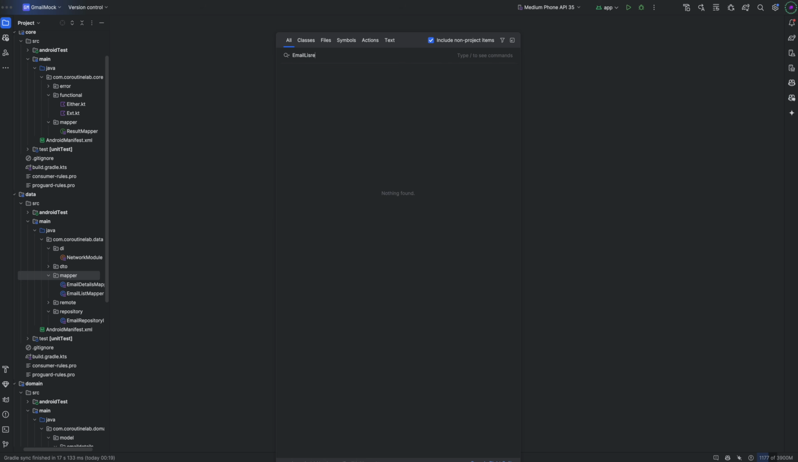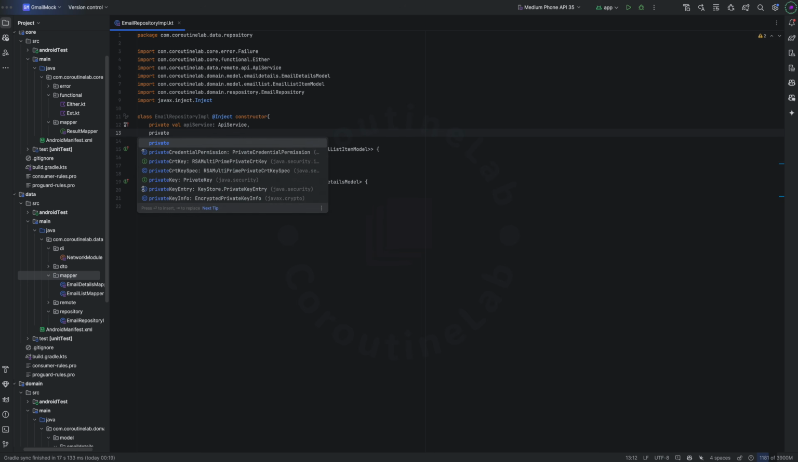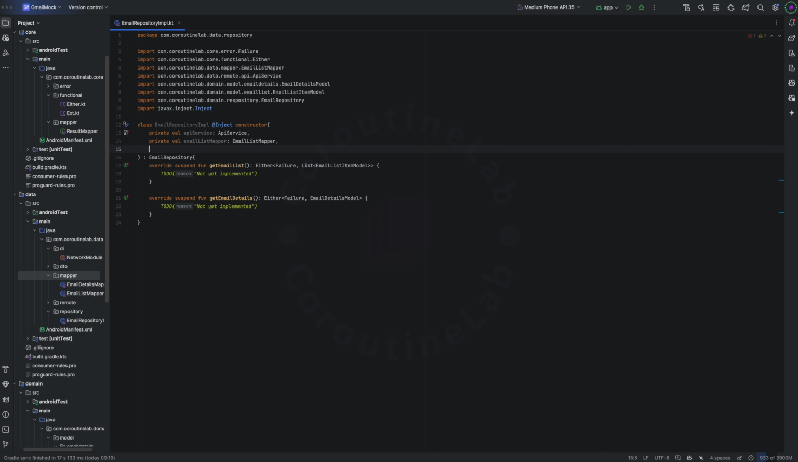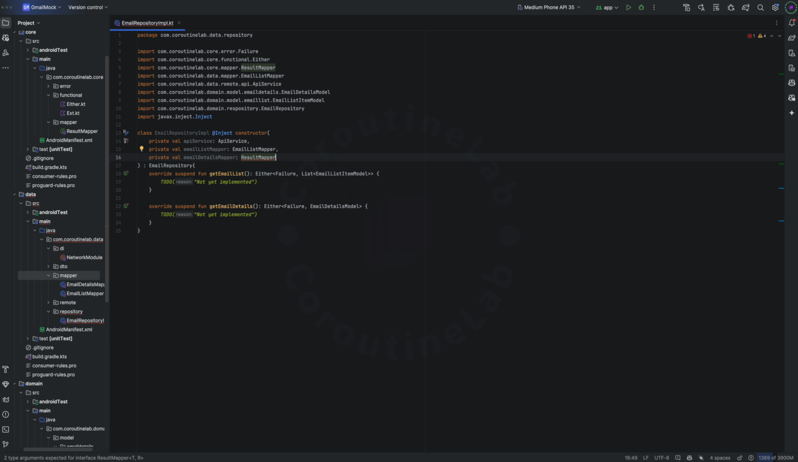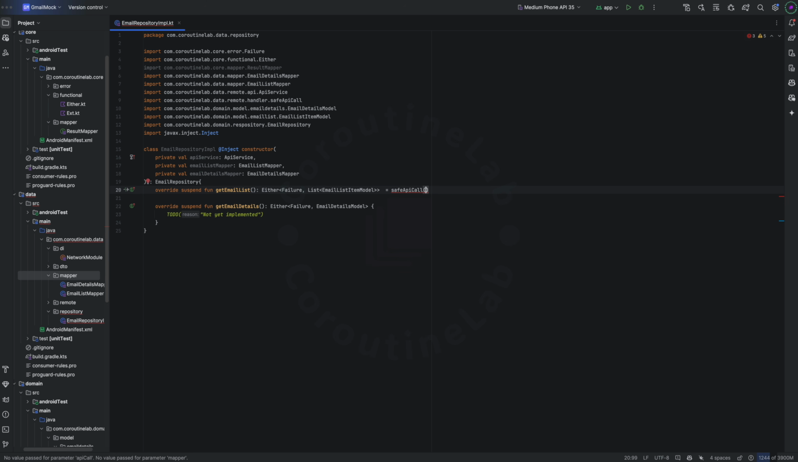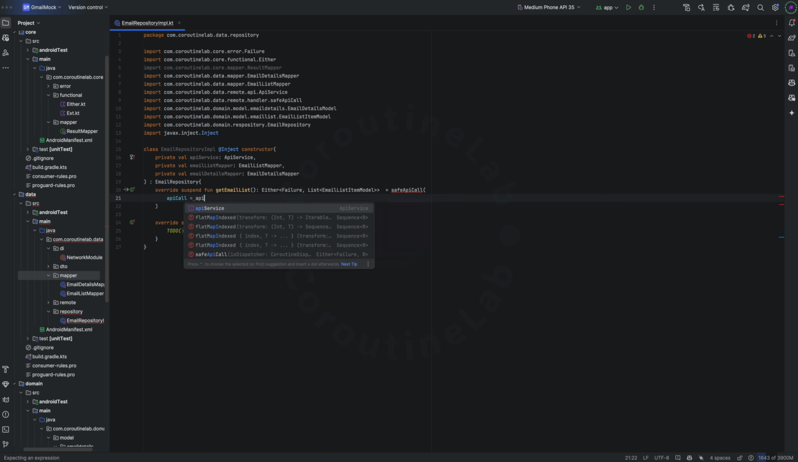Now that our mappers are ready, we can continue with the repository implementation. First, let's inject our API service class and the two mapper classes, email list mapper and email details mapper, that we just created. Next, we'll write the implementation for the suspend function getEmailList, starting with calling our safe API call